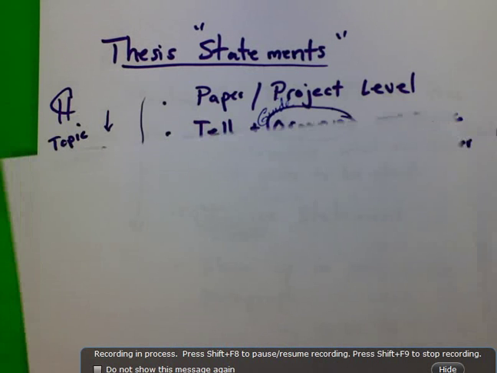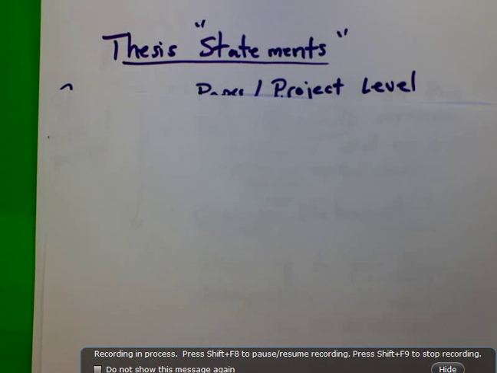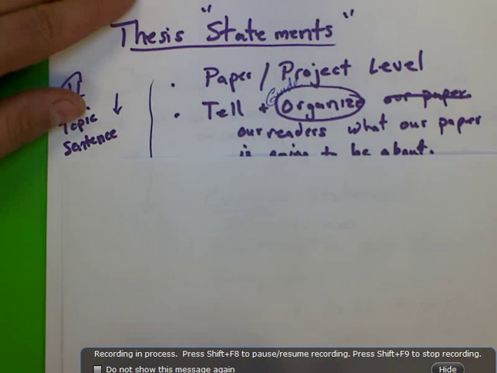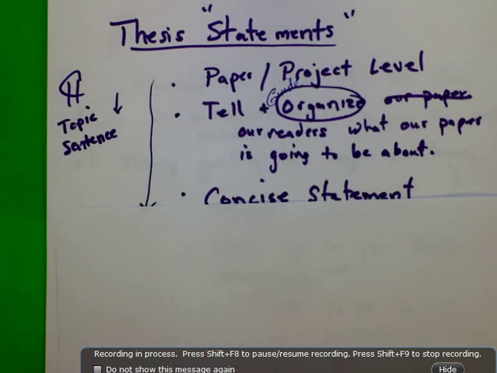Eventually we're going to be working on a project in ninth grade. You freshmen are working on multi-genre projects. We already talked about topic sentences being the one sentence, the power one, that describes and tells our reader what the paragraph is going to be about. A thesis statement is even more important because at the paper level or the project level, that thesis statement is also a power one. It tells our readers or audience, whoever that might be, what our project or paper is